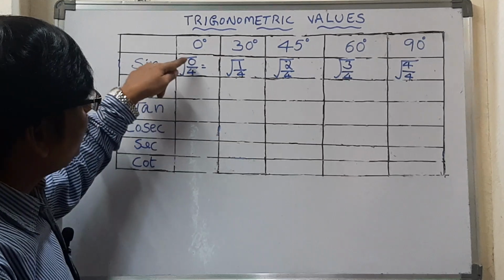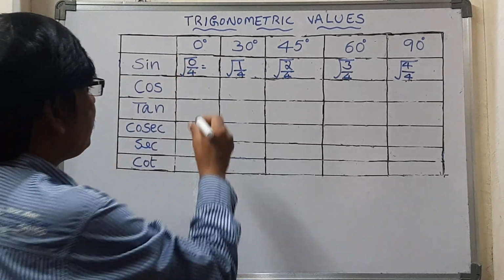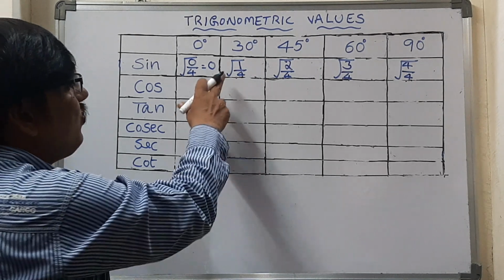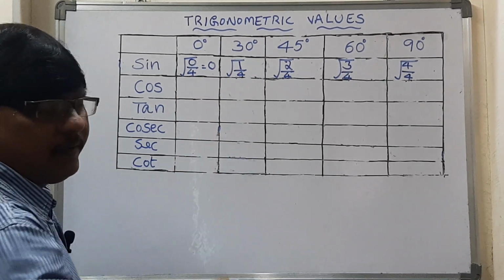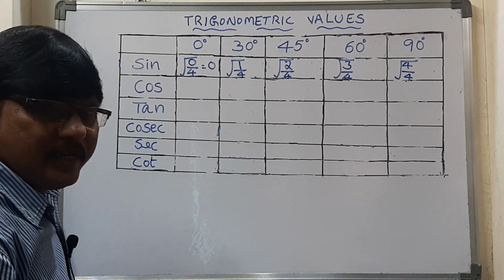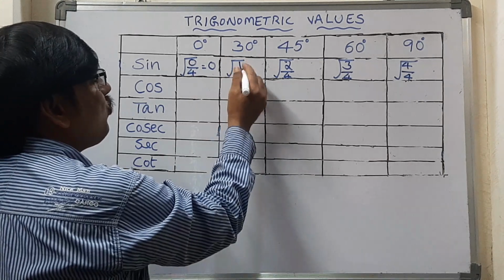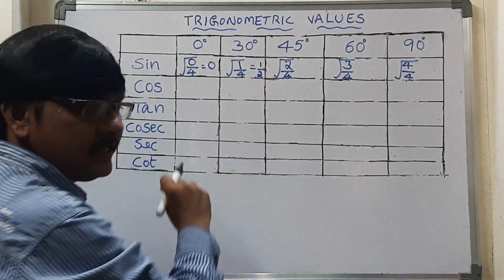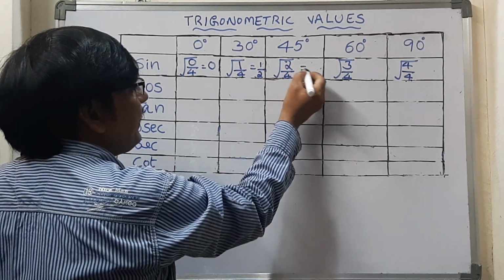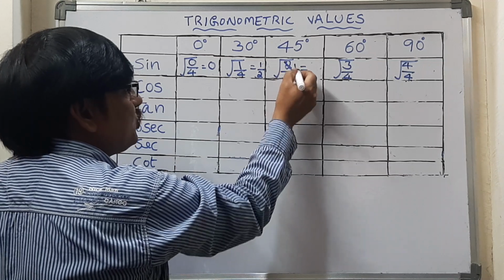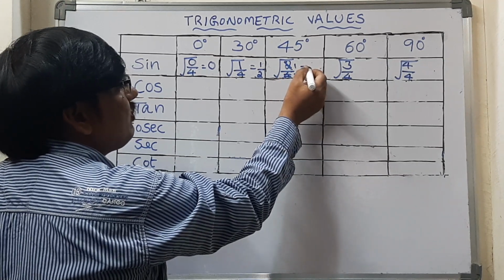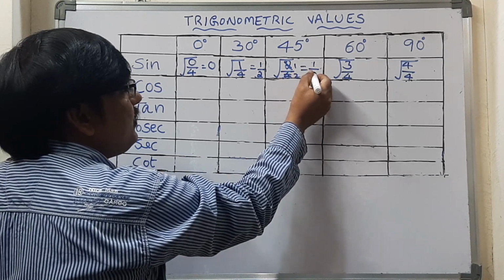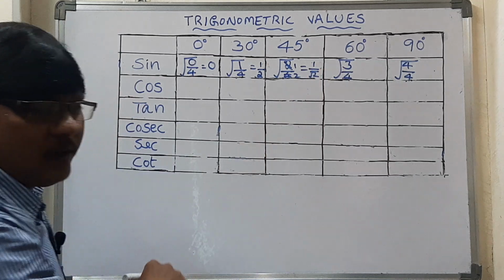Here root 0 by 4 everything will become 0. Root 0 in the sense, we can consider that as 0 only. And now, the square root is there, so let us apply the square root to the numerator as well as the denominator. Root 1 is equal to 1, by root 4 that is 2. Now let's make a simple cancellation, 2 ones, 2 twos. Then ultimately what will be left? Here root 1 means 1, by root 2. So it is 1 by root 2.